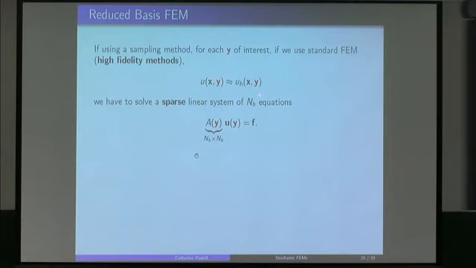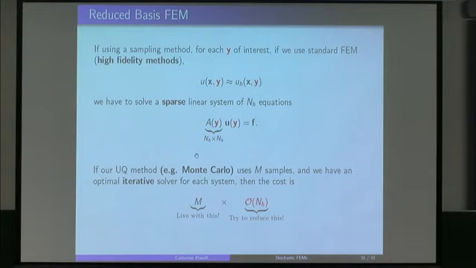For each choice of the sample, now you have to solve a linear system of equations. That's what's at the heart of any finite element code. That's where the bottlenecks are, typically. And the size of the system that you have to solve depends on your finite element mesh. Okay? So if your finite element mesh was always fixed, then you probably know how long each run of your code takes. But if I change the mesh, this time changes. So if you want to do Monte Carlo using M samples, okay, that's the only thing you can do. But let's try and make it a bit better.